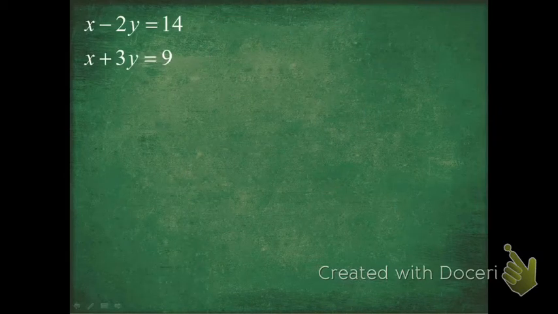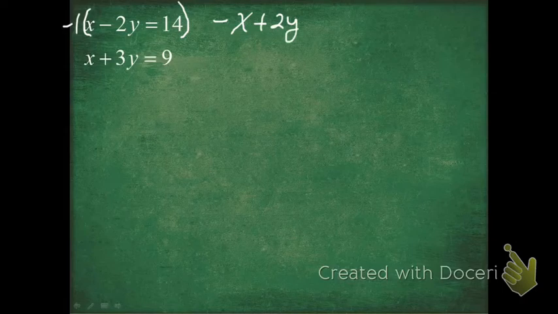Okay, here's a second example. Again, I'm looking for a situation where I have a negative and a positive. That would be nice. Or something easy to work with. Well, if I look here at my x's, they're both 1x. So if one of them was a negative 1x, I could get rid of it pretty easily. So that's what I'm going to do. I'm going to multiply this top equation by negative 1. When I do that, it just simply changes the sign, so I have a negative x, and then plus 2y is equal to negative 14. I'm going to keep the second equation as it is,